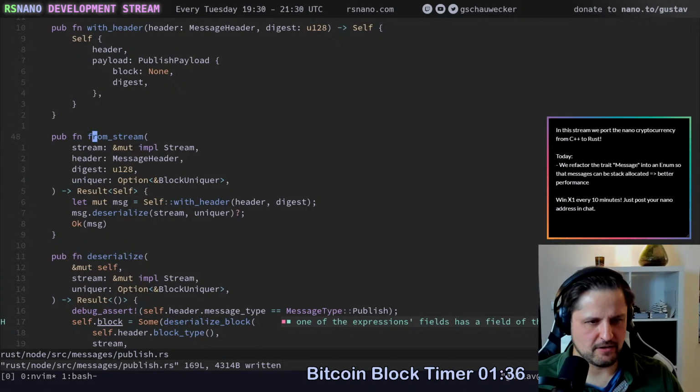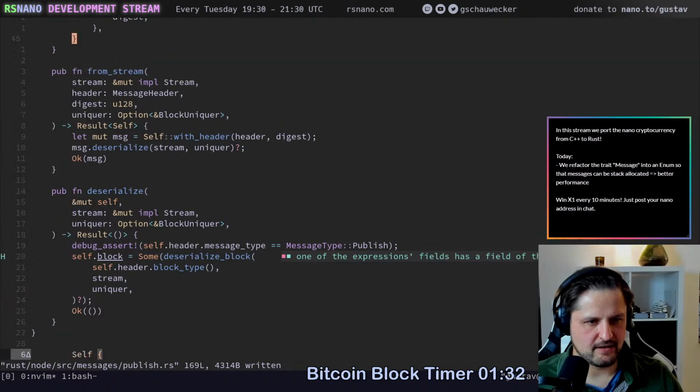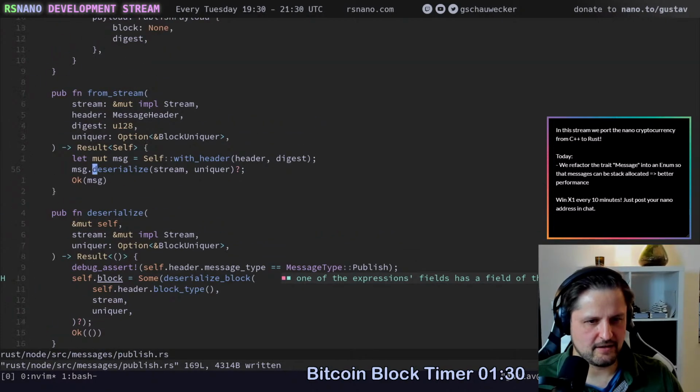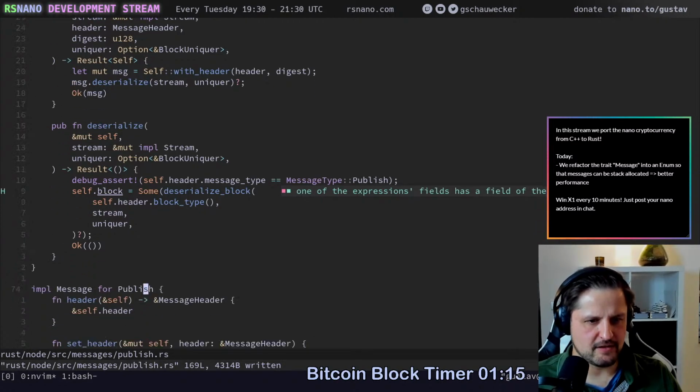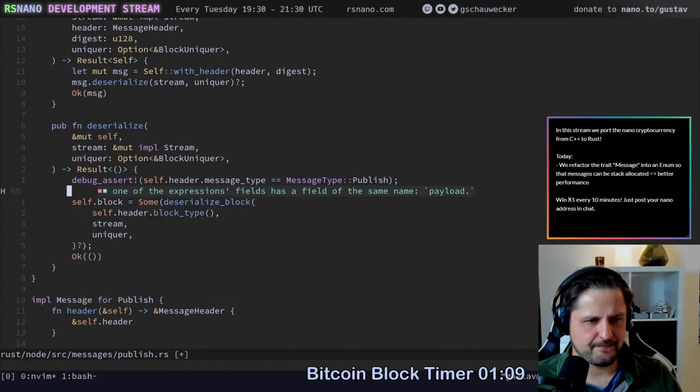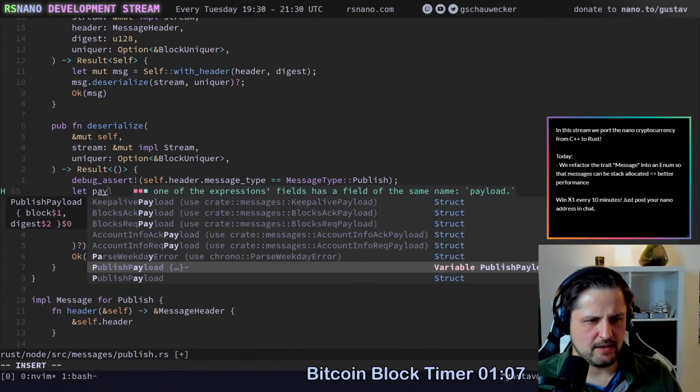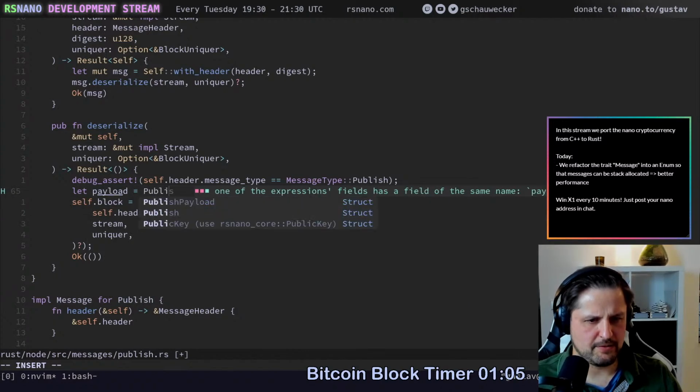From stream, we can do the same refactoring here and just inline the serialize function into there. But I'm just in the middle of another refactoring, so I can't do that. But I want to keep it in mind for later. So here in the serialize function, we say payload is publish payload,